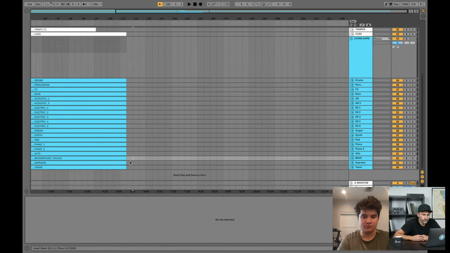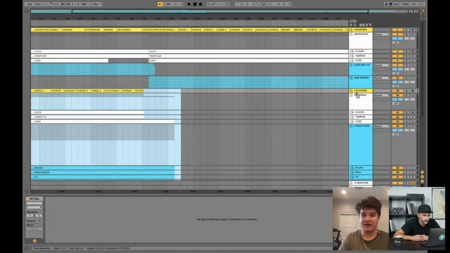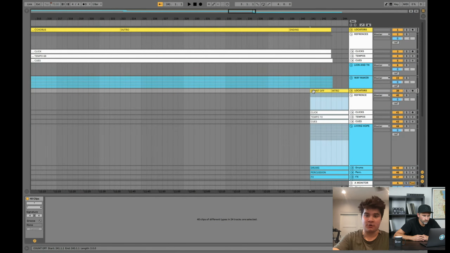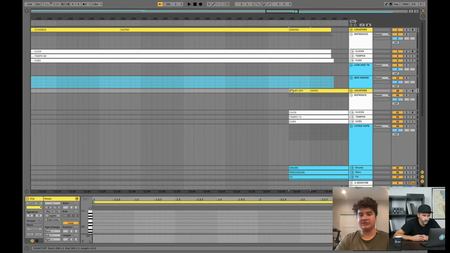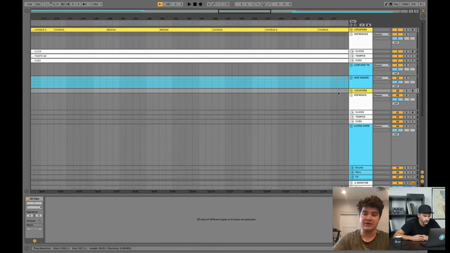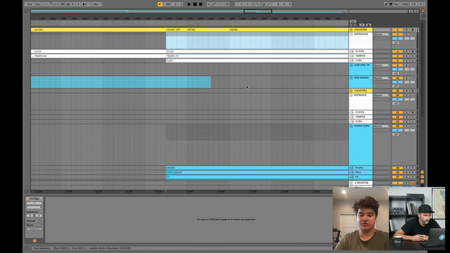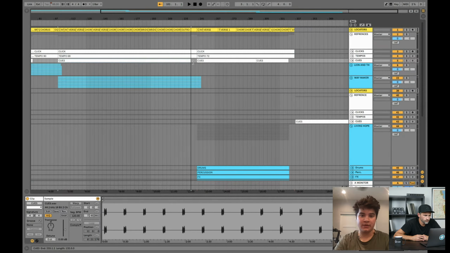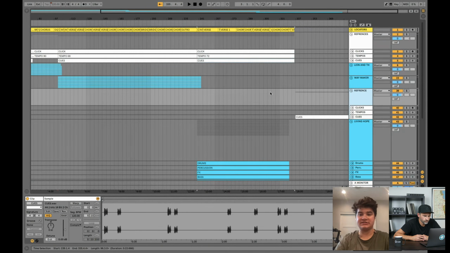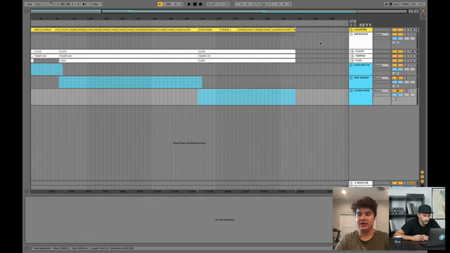Same programming as usual. And then same process, select to the very end. I always like to layer my endings and my count-offs. I think it makes for a great transition because as one song ends, one song begins, and it's super helpful, especially with stems, because you can see that overlap. It provides this nice little filler. So now that song is ready. I'm going to do the same thing, drag it back, make sure everything's done, make sure everything's to length, and delete the excess reference and locators.